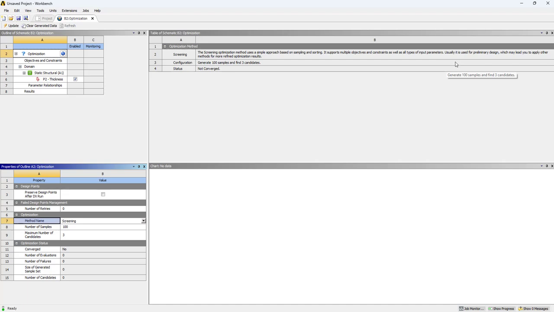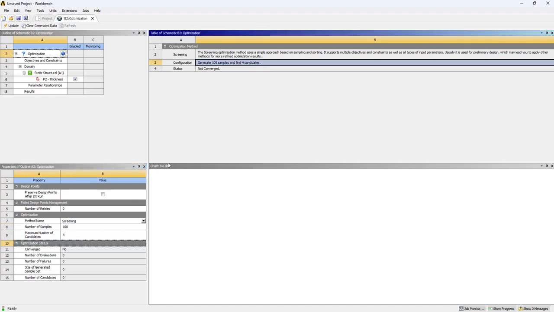It can be used for, you can say, all type of input parameters, whether they are manufacturable inputs or they are continuous variables. So for now, the current setting is we will have 100 samples and find 3 candidates. If I change this to 4, this will be updated to 4 candidates. So out of 100 samples that were generated, this algorithm will give us the top 3 candidates based on our